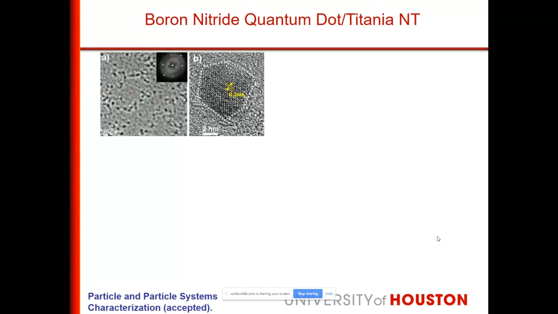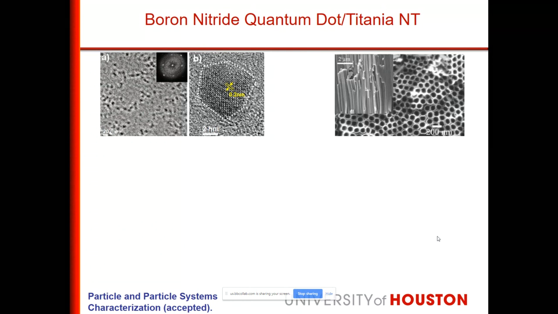Another material we tried very recently is the quantum dot. This is a particle of a few nanometers. It's called boron nitride. We fluorinated boron nitride, which is a wide band gap material. When we fluorinated, it created gap states, and that made it absorb light. So now the fluorinated quantum dots can absorb visible light. That's why we sensitized the nanotubes with these quantum dots.